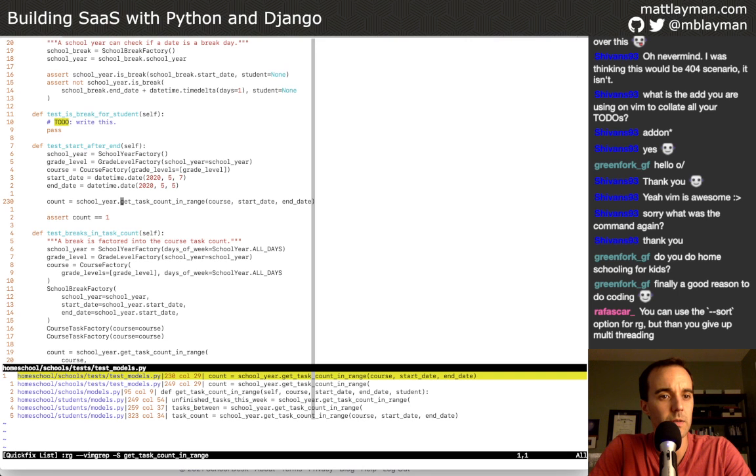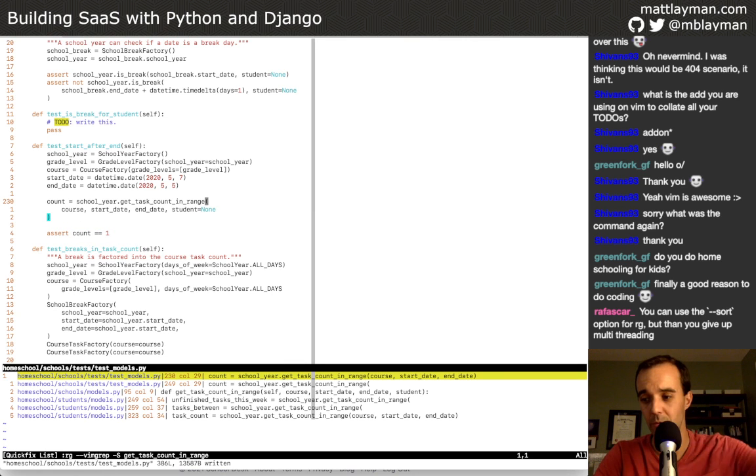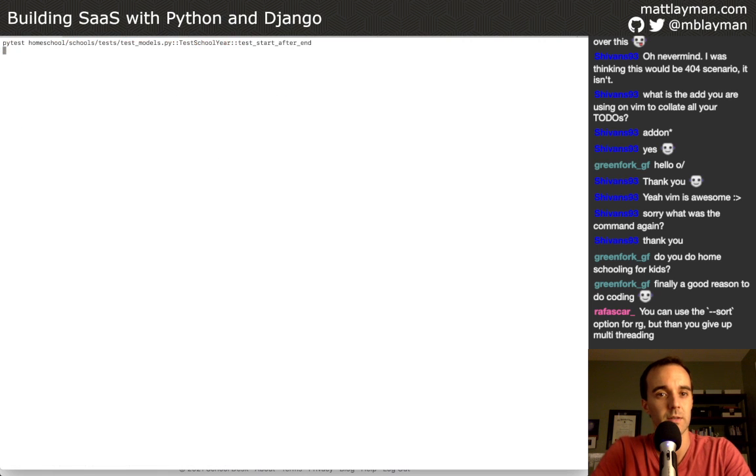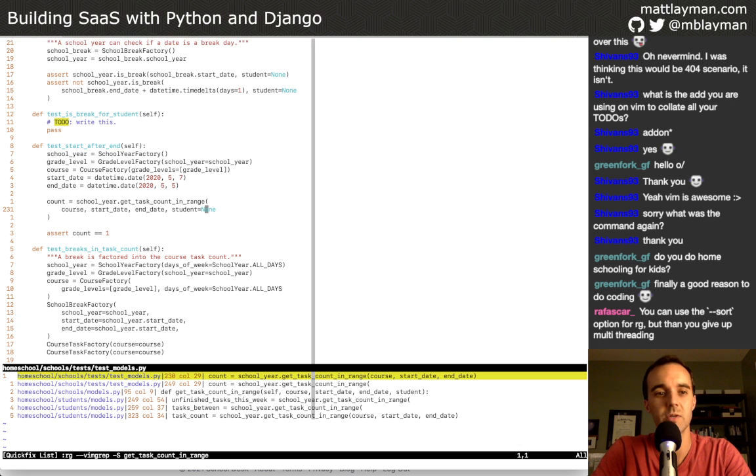Here's the one. This one doesn't have a student in the test, so I think we can get away with student equal none, because remember, the underlying method all this uses is going to work with none. So I think this is okay. We probably want another test that actually works with the student in the future.